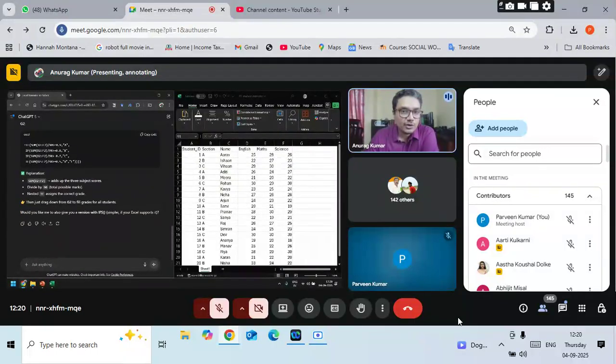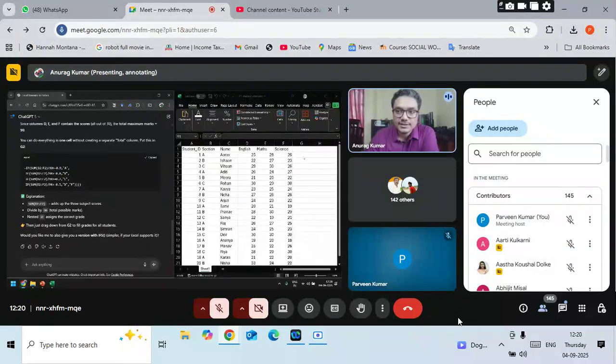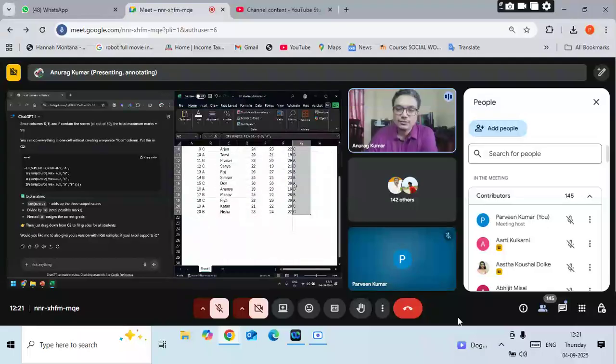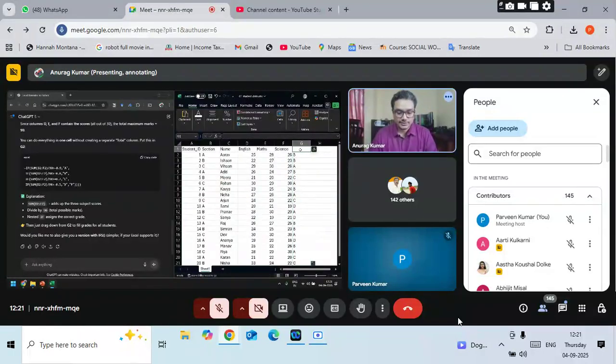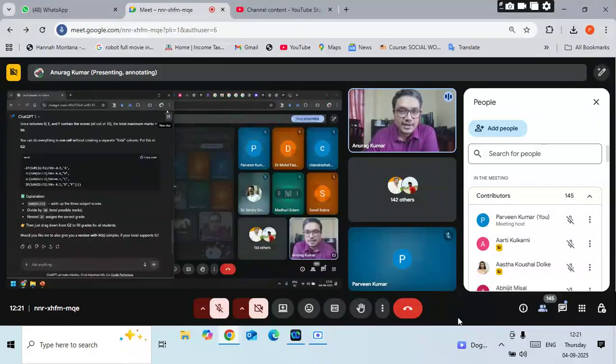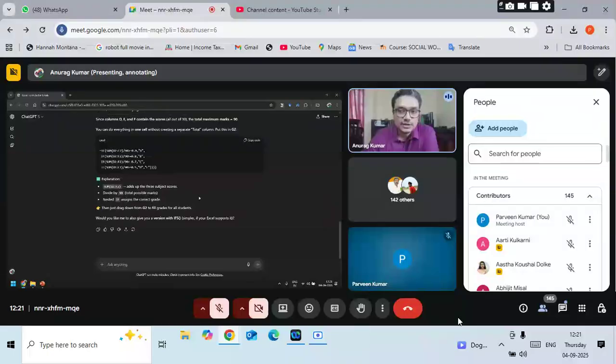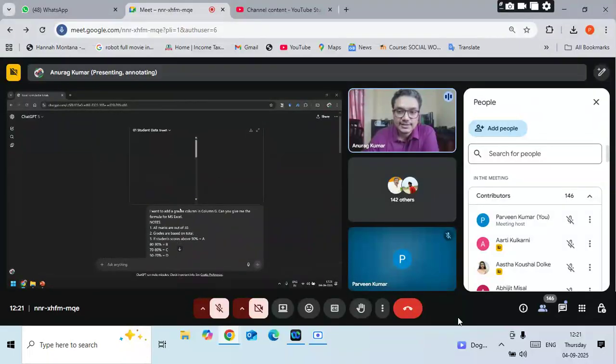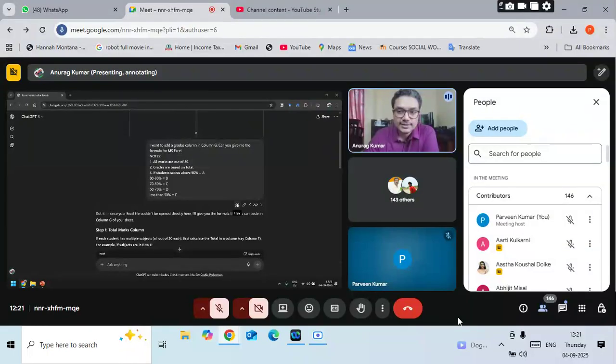So it has given me a formula. So I can just copy this, bring it here and paste it. And then I can have scores for all the students. So this is one way that we can use this for data analytics, right? But the other way, and I would say the better way of using this tool, is rather than doing this,